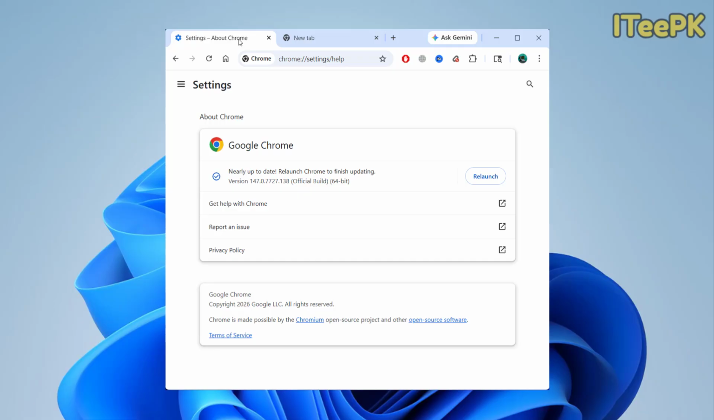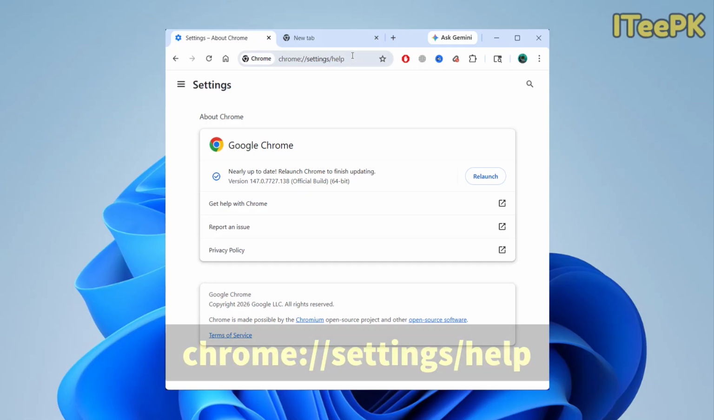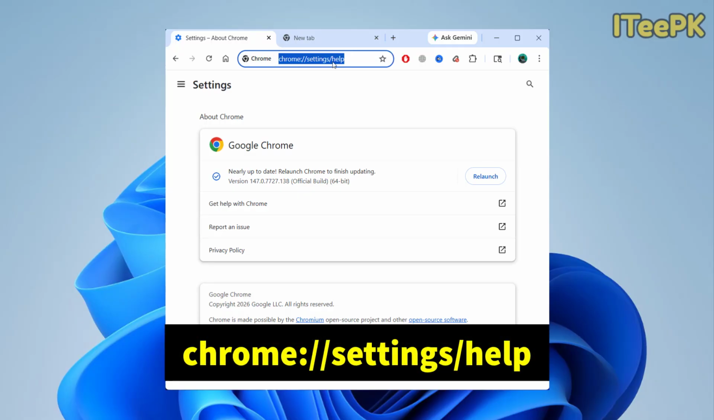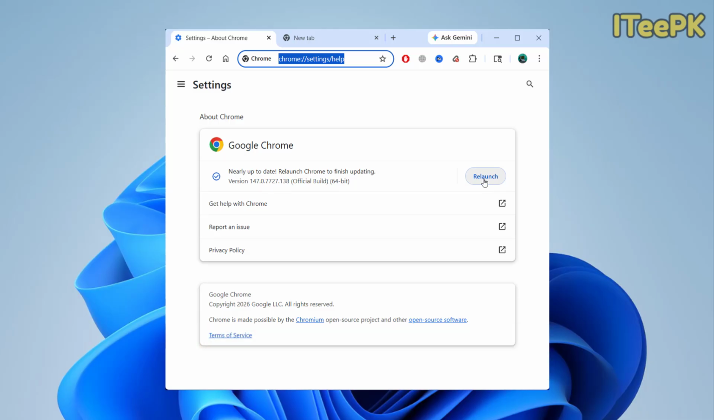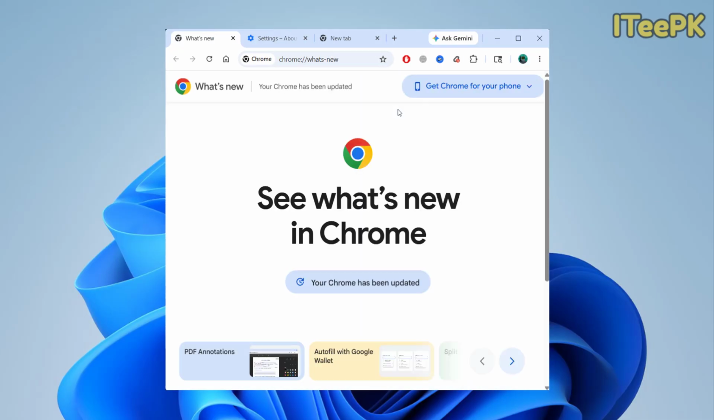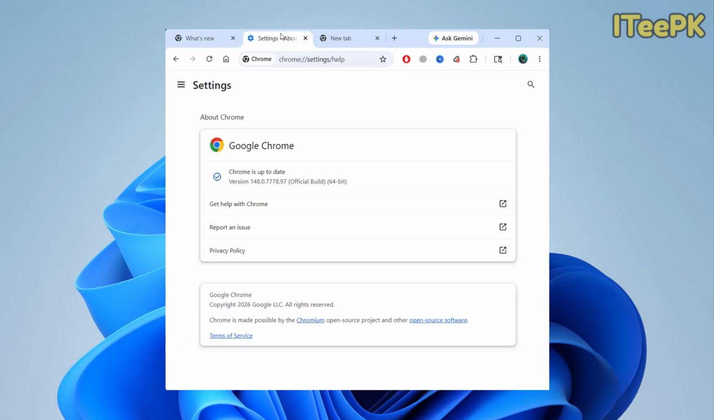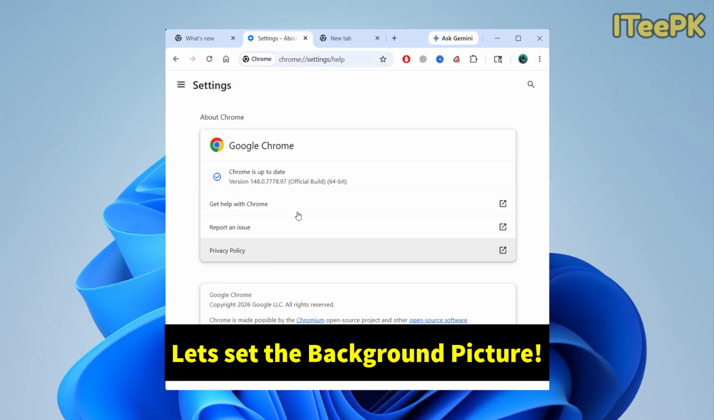The first thing is you have to make sure that your Google Chrome is up to date. To confirm your Google Chrome browser is up to date and not asking for the relaunch, just go to this URL, chrome://settings/help. If it's asking for a relaunch, go ahead and click on Relaunch. Once you have confirmed your Google Chrome browser is up to date and not asking for any relaunch or restart,